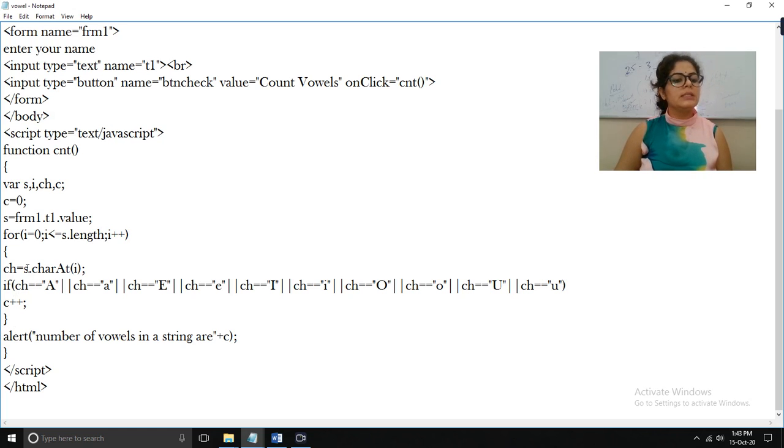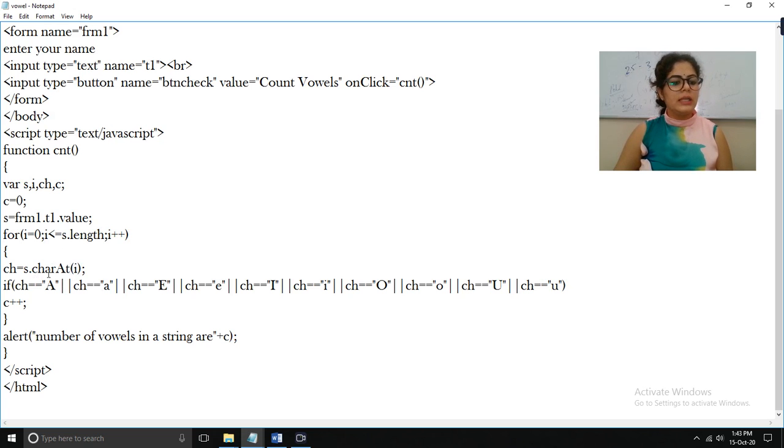So the next statement is S.charAt(i). charAt is a JavaScript function; you have to write it with a capital A and T. charAt means it will check the specific character at a specific index value. So we are checking every character starting from the ith value, because we have started the loop with the variable i.